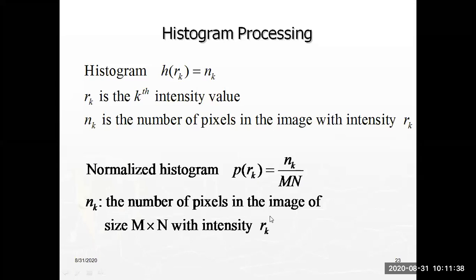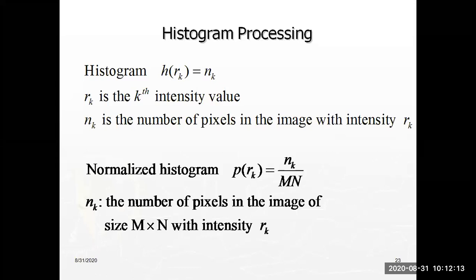The number of pixels in the image of size m n with intensity r k. Simply, over an image m n, we have n k values with the intensity value of r k. So this is called the normalized histogram. First of all, what is a histogram? A histogram is defined as h of r k equals n suffix k. The meaning is simply that n suffix k is the number of pixels and r suffix k is the intensity value over